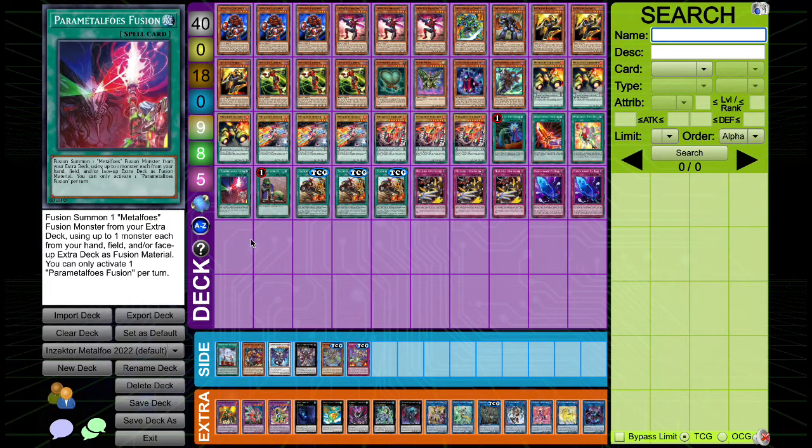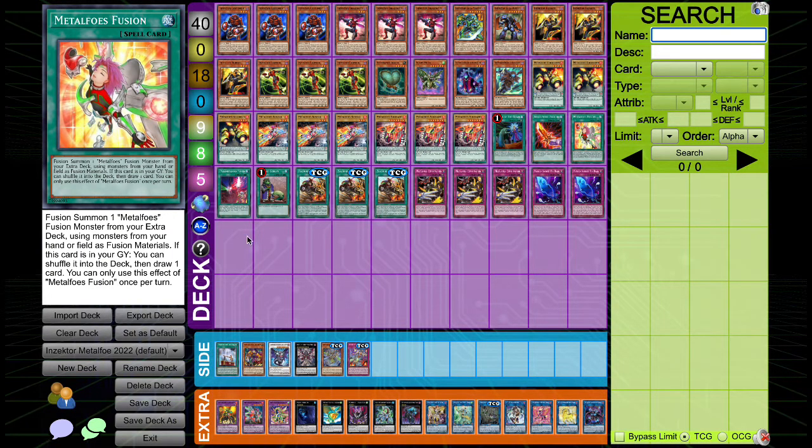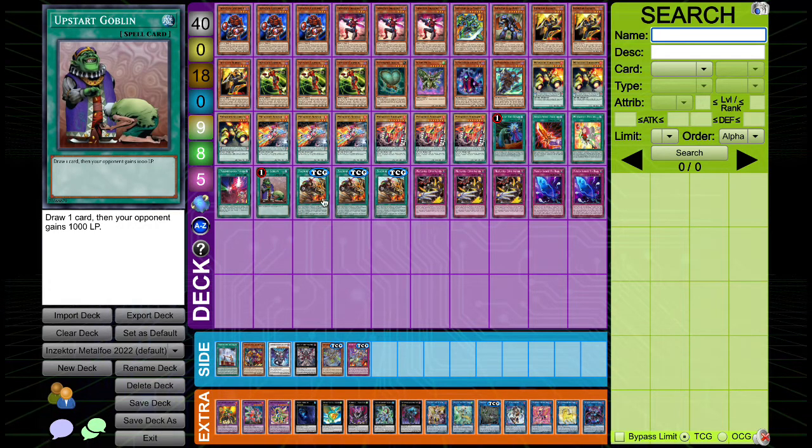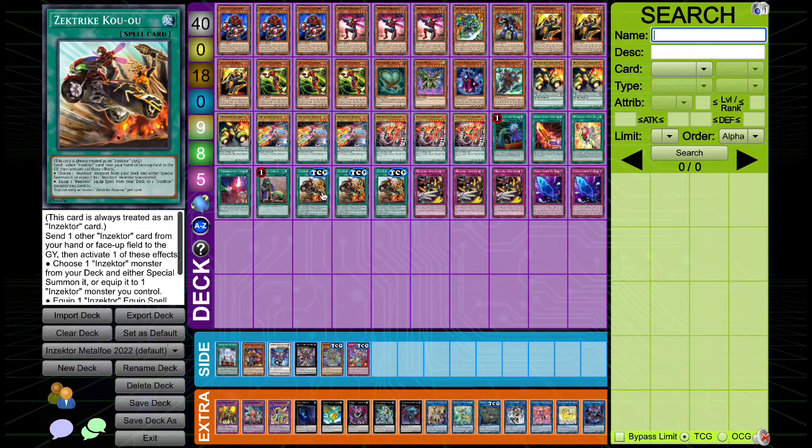You probably only have to play 1, but there are some situations where you have like 2 Inzektor monsters or 2 Metalfoe monsters on the board you want to fusion off with, in which case you have to use Metalfoe's Fusion, because Parametalfoe's Fusion can only use up to 1 monster from either the hand, field, and or face-up extra deck. Parametalfoe's Fusion, I feel like, is the best one, because you do get to link off a Metalfoe monster and then use that monster in the extra deck as fusion material, which just gives you more material to play around with. Playing Upstart Goblin, because I couldn't think of a 40th card,